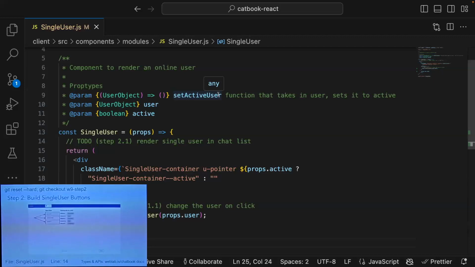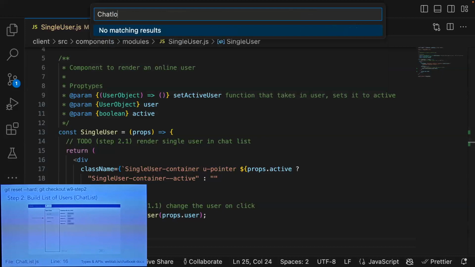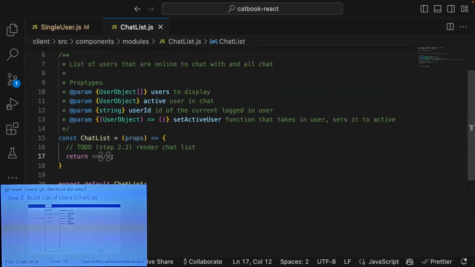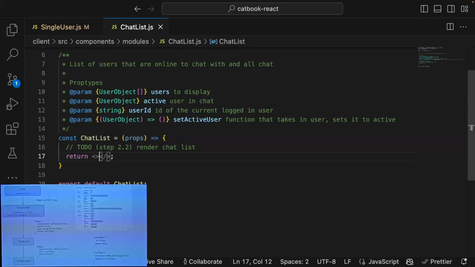So our next step is to use this single user component we just built in order to populate this chat list. So if we go to chatlist.js, what we're going to want to do is create a single user component or button for every single user that's passed down into this chat list. In order to do this, we're going to use this common React syntax we've seen when we want to populate an array of components. And it's going to look something like